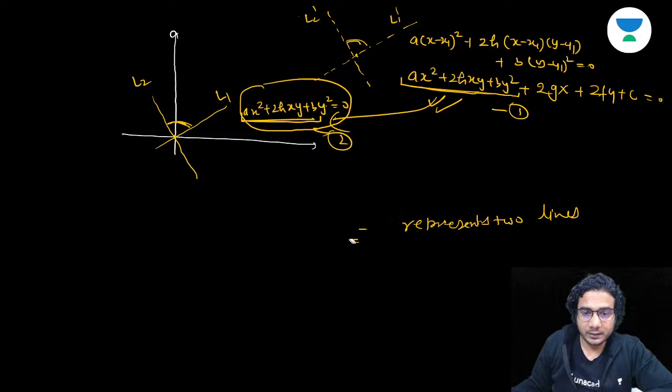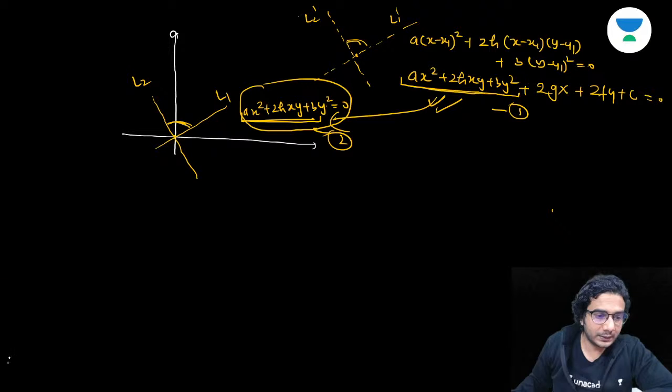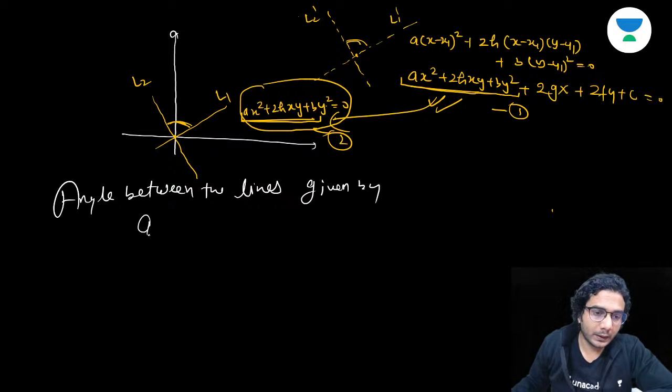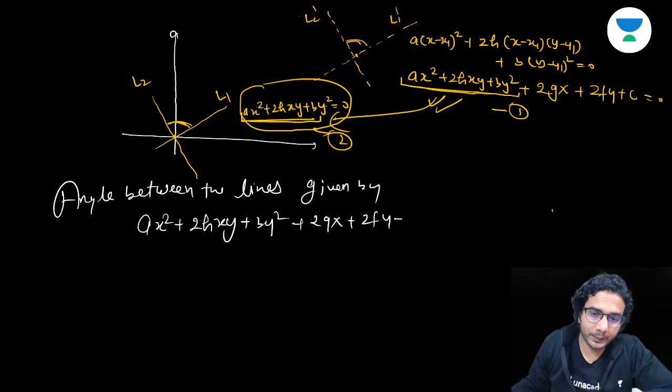So the angle between the lines given by ax square plus 2hxy plus by square plus 2gx plus 2fy plus c is equal to 0,